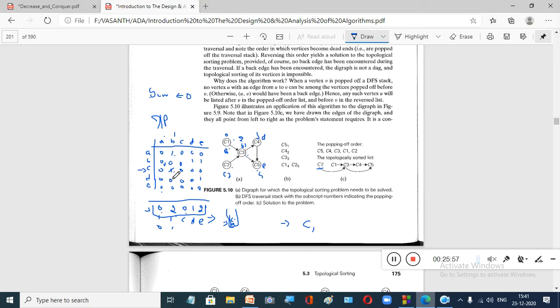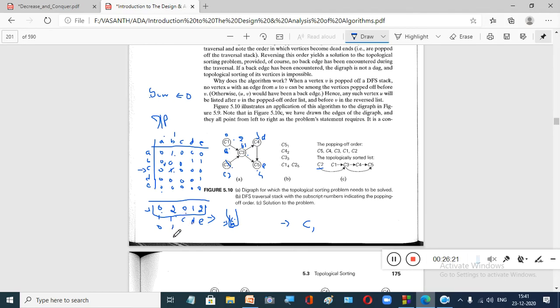Now if there is an edge, what do we have to do? We have to remove that. That means the in degree of this, which was 2 initially, now when you remove this node C, this edge will go. So now what will be the in degree of this one? The in degree will be reduced by 1. The in degree is 1 now.